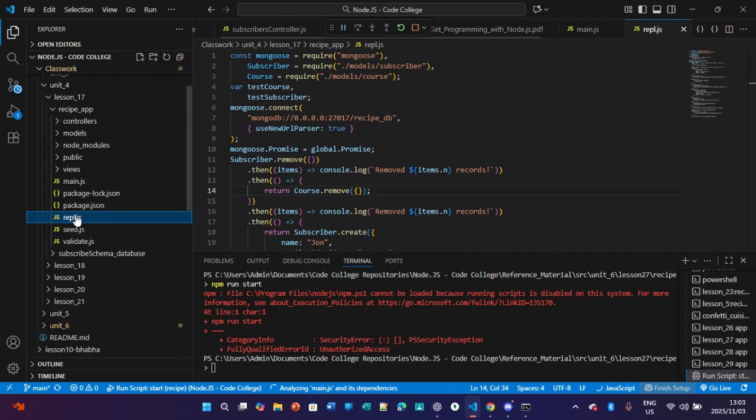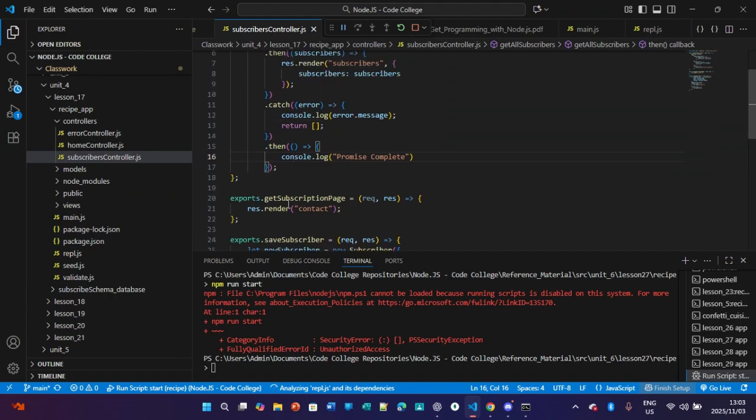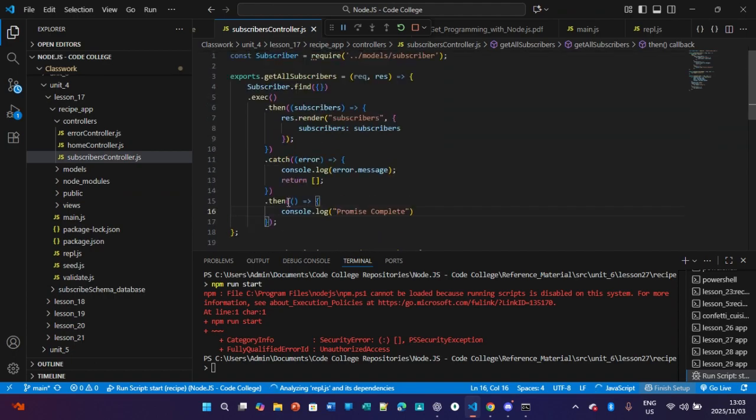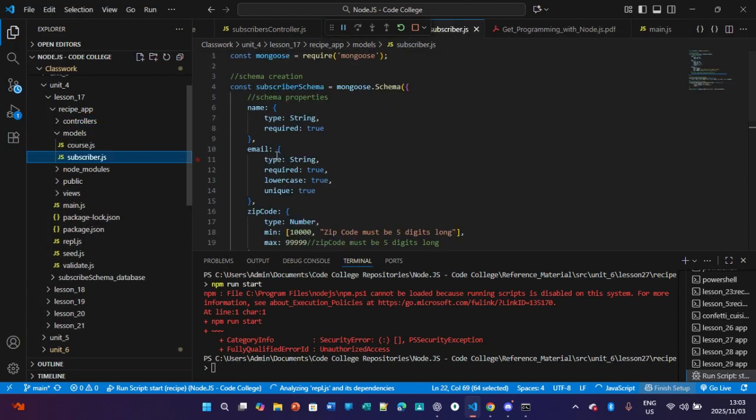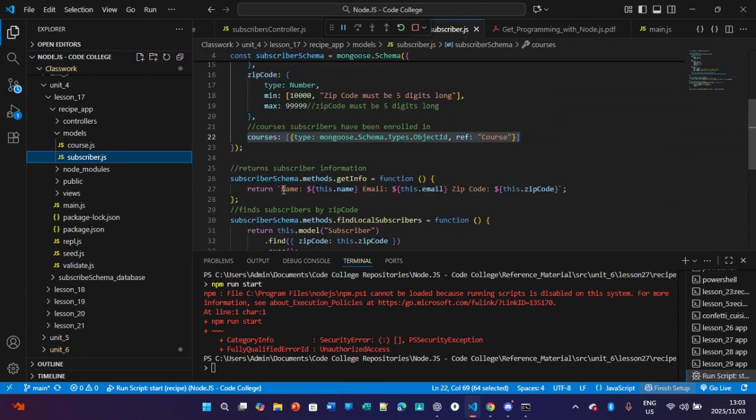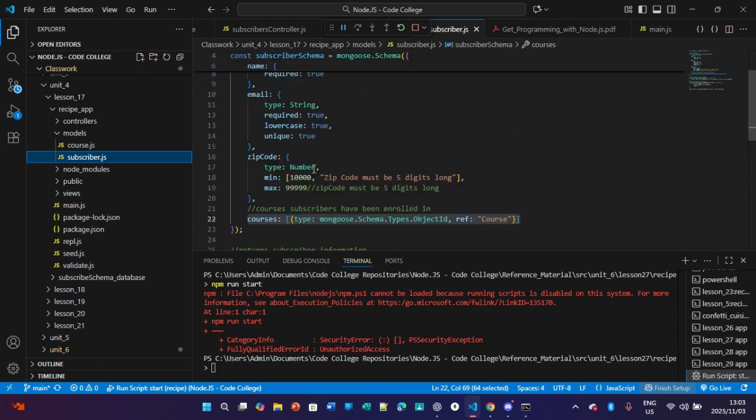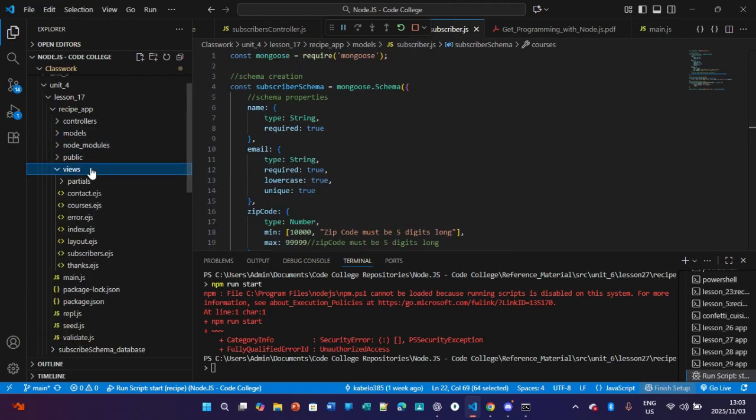So to improve our models, we include save subscriber, gets a subscription page. You know what I mean? Home, yeah. So you're just improving our models in subscriber.js, by find subscribers by zip code and subscriber information and zip code and so on and so forth. So just improving our subscribers, and then you got our partials: navigation.ejs,